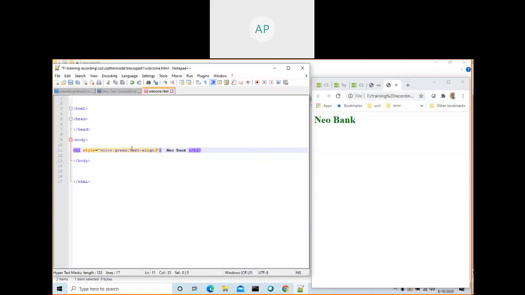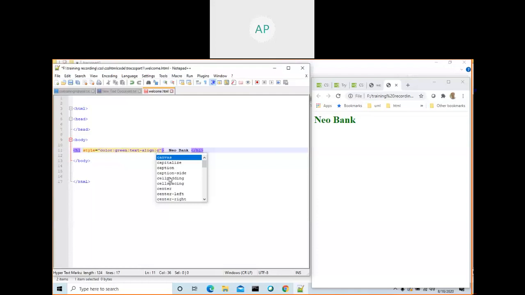Just go and see around 40 or 50; that's enough, we can design very well. Now the second one, text alignment. There is a property called text-align and its value. See, Notepad++ is suggesting. That's the difference between Notepad and Notepad++: it gives some more functionality which simplifies our coding.